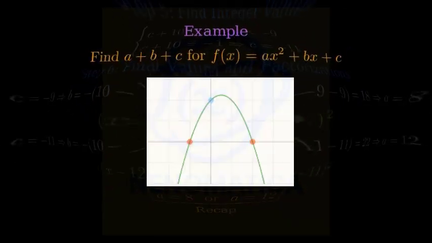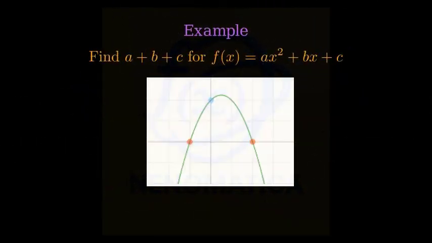In this lesson, we will read a quadratic function from its graph and find the value of a plus b plus c. We know the function looks like ax squared plus bx plus c. First, let's see the example and the problem statement on the screen. We are given the graph with x-intercepts at negative 1 and 2 and the y-intercept at 2. We will plot a parabola passing through these three anchor points, highlight the intercepts, and use that to build the